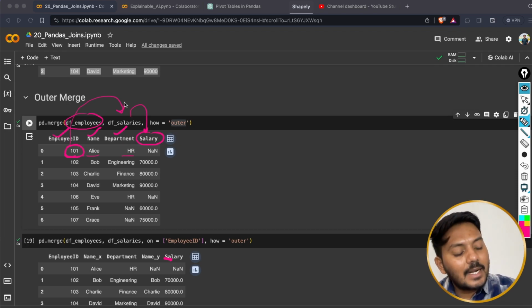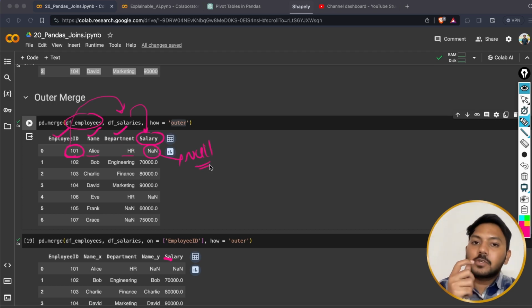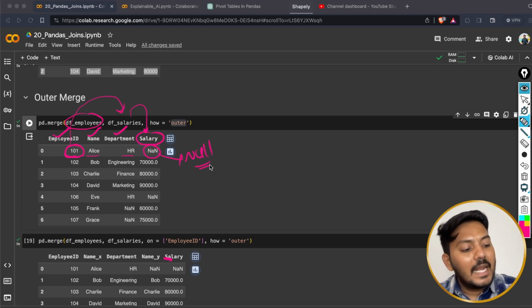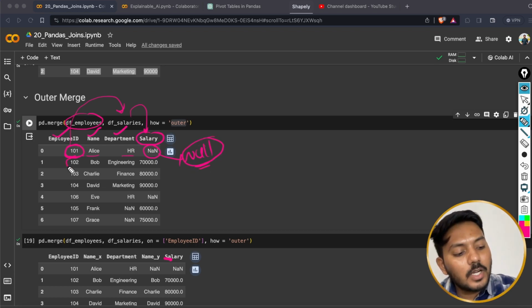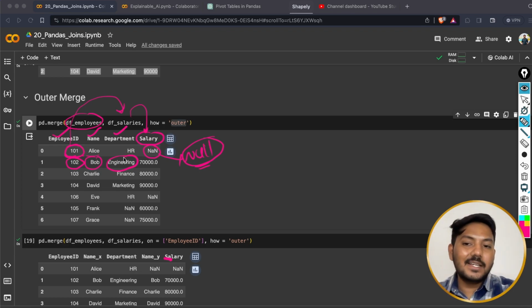That is why the salary is not present. That is why it is keeping a null value. And if the data is not present inside your second table for the particular join that you are doing, it will fill with null values. And because 102 Bob and engineering is present inside your second table, that is why we are getting the